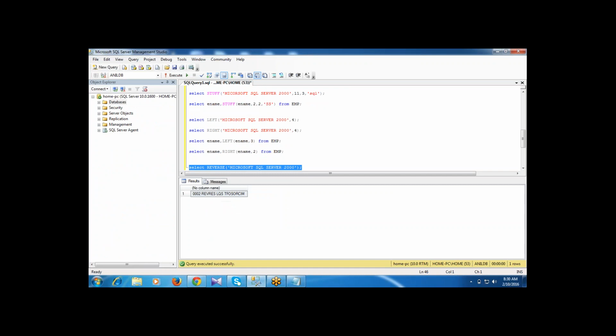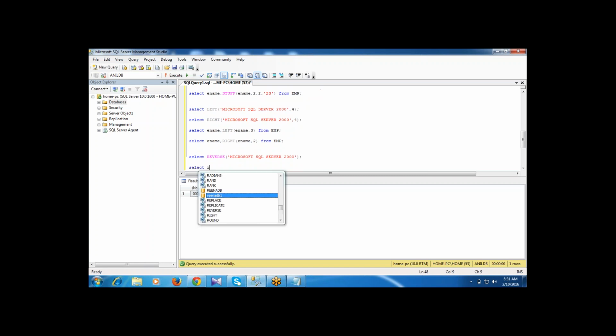In the reverse order itself we are getting the string result. So here I'm writing select ename, reverse of ename, from the emp table.